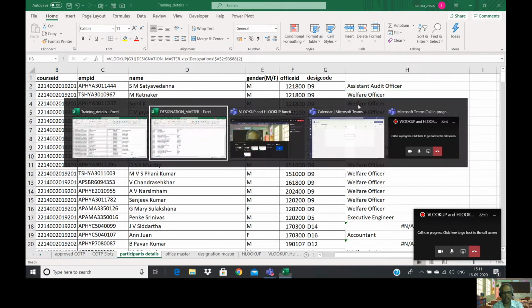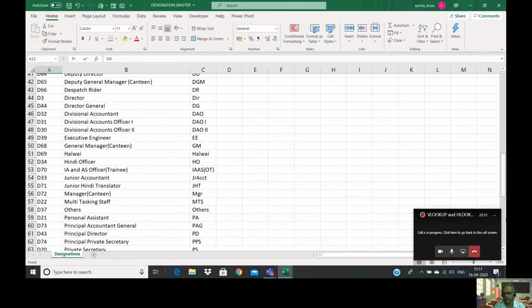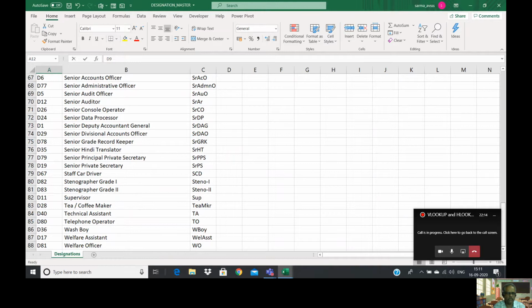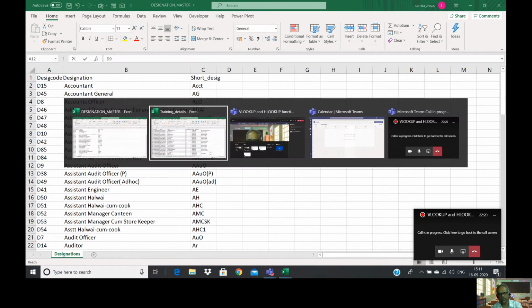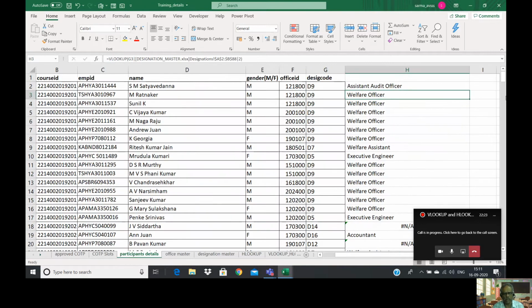Now generally, what happens, this welfare officer is the last record. If there is any problem when you use this approximate match, it will go to the last record and it will pick up and copy the value. Say there is some issue with VLOOKUP, right? Maybe it gets corrected in the latest versions.